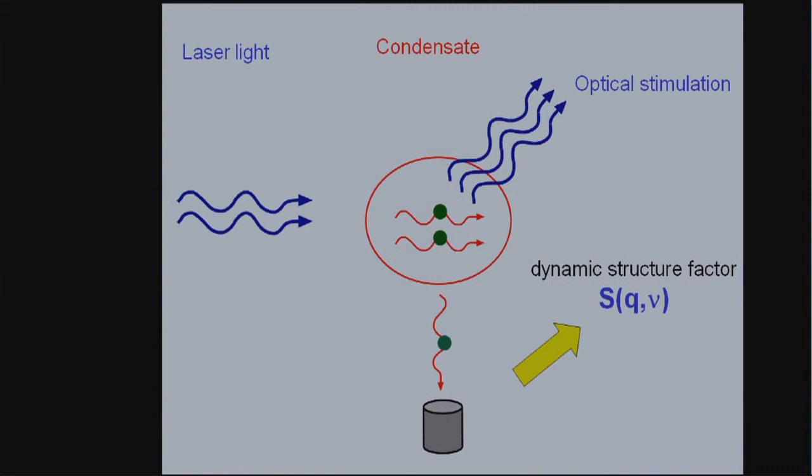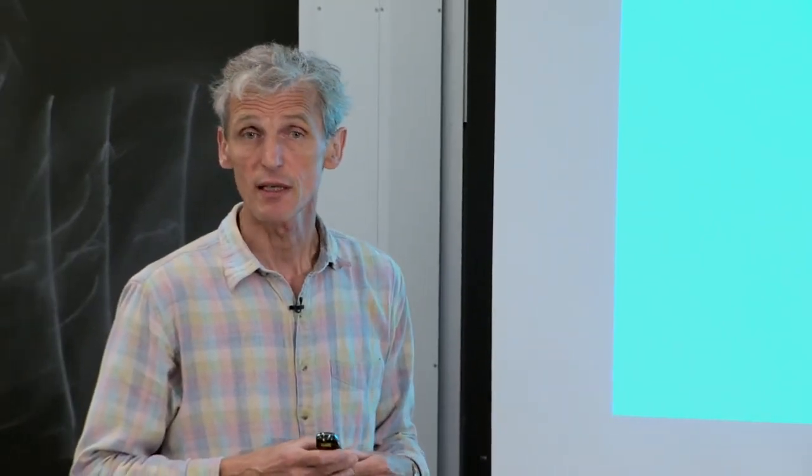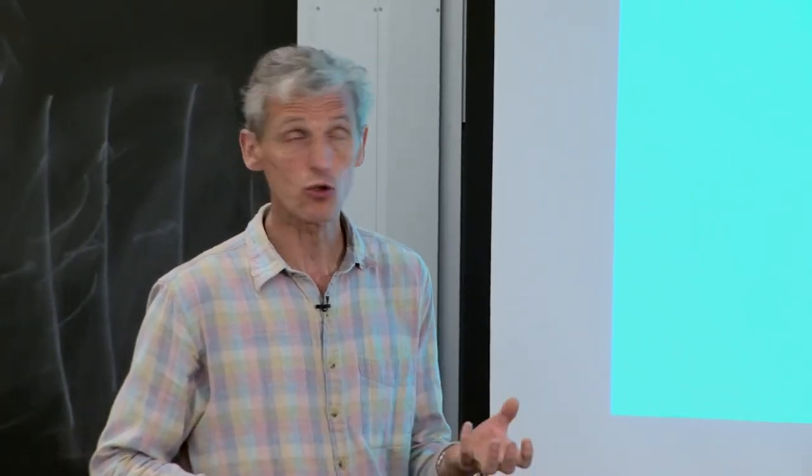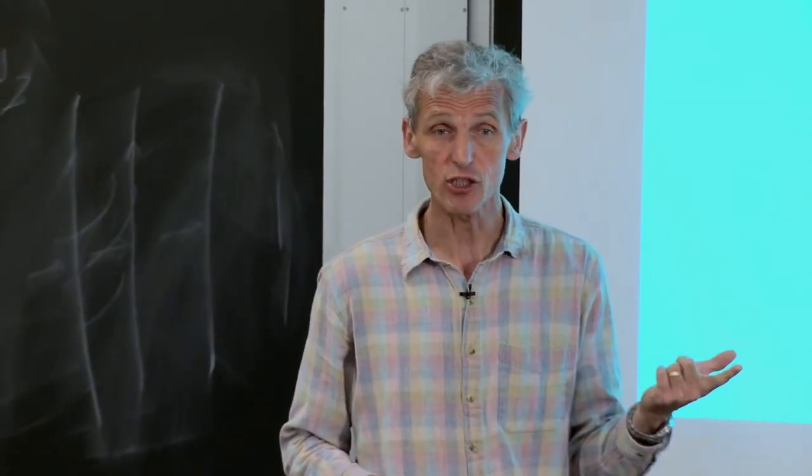If you scatter a photon, and the scattered photon loses energy h bar nu, and it is scattered at an angle, therefore it transfers momentum q. This process can only happen if there is an elementary excitation with momentum q and energy h bar nu. So in other words, on a photon basis, you can say photon by photon, if you scatter a photon, the photon transfers momentum and energy.